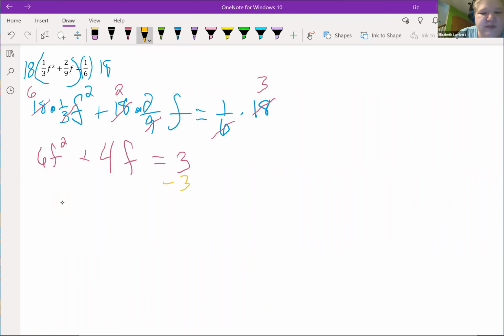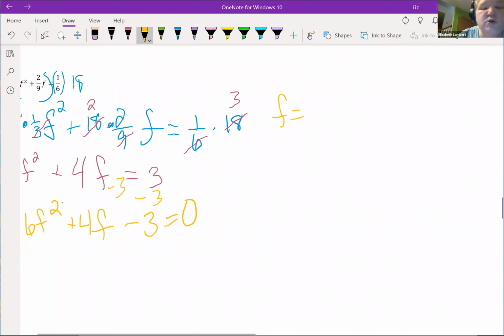All right, and to use the quadratic formula, we need to move that number over. So we now have a 6 for A, a 4 for B. Don't write the B, write the F. And minus 3 is equal to 0. Now our quadratic formula, we're going to go F equals, and I'm going to write it over here. F equals